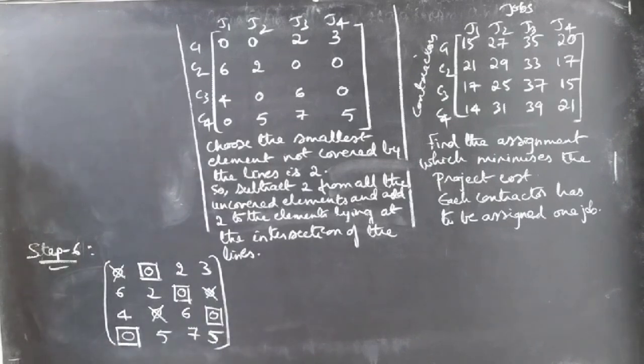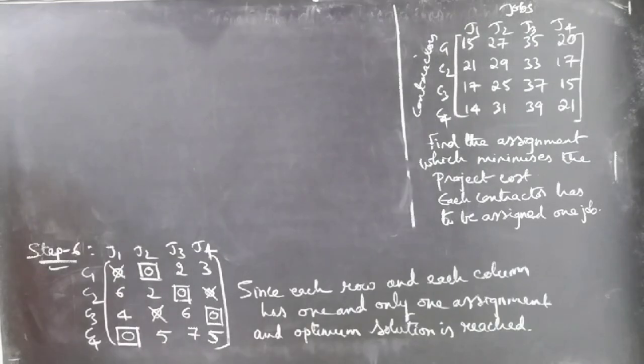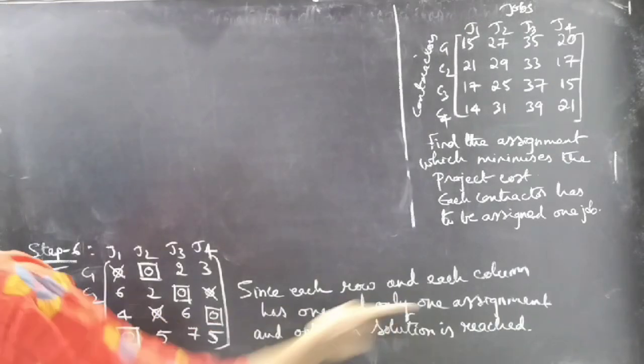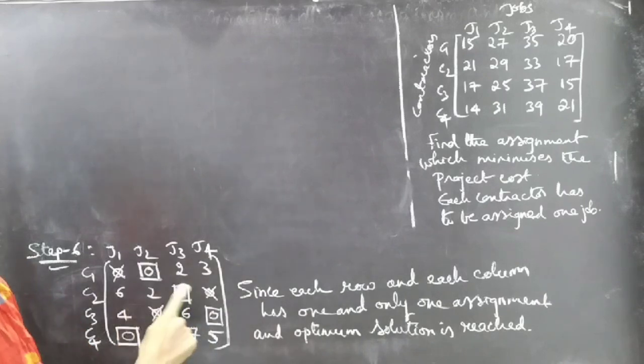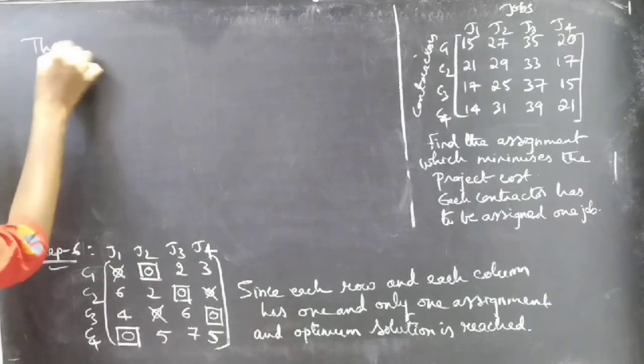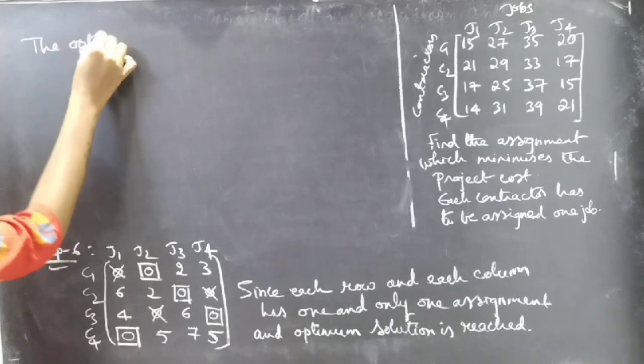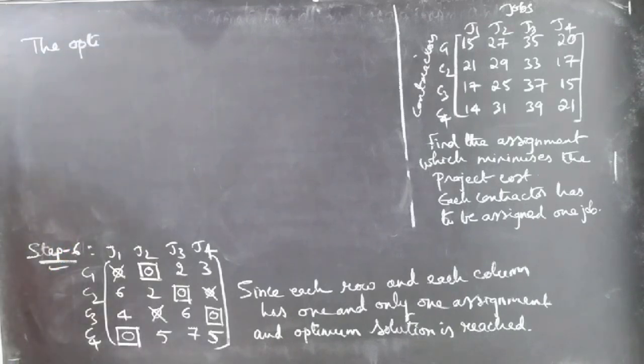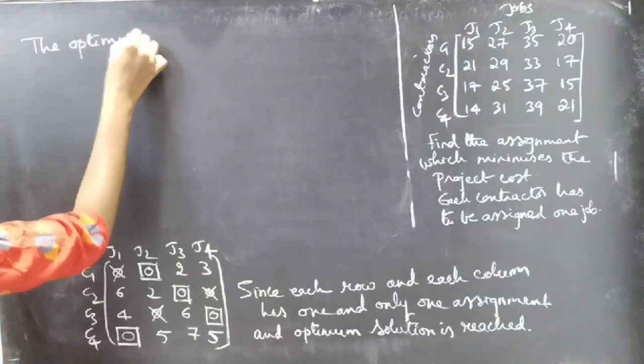So we got the optimal solution here, since each row and each column has one and only one assignment, and the optimum solution is reached, right? The optimum assignment is